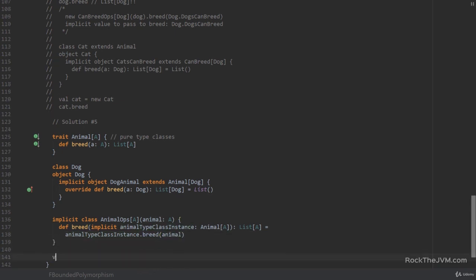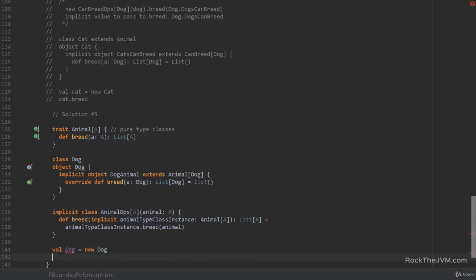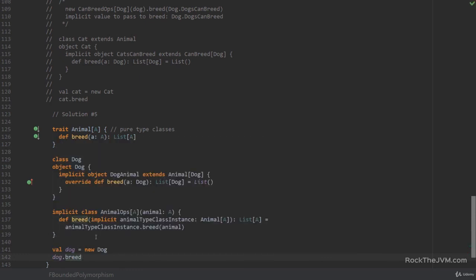Okay, and then we say val dog = new Dog, and then we are free to say dog.breed. So as you see, much cleaner code with the same properties.